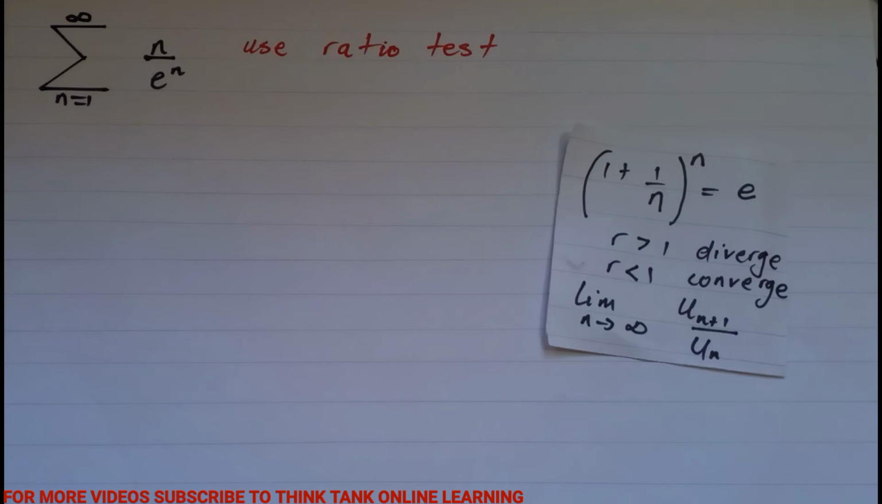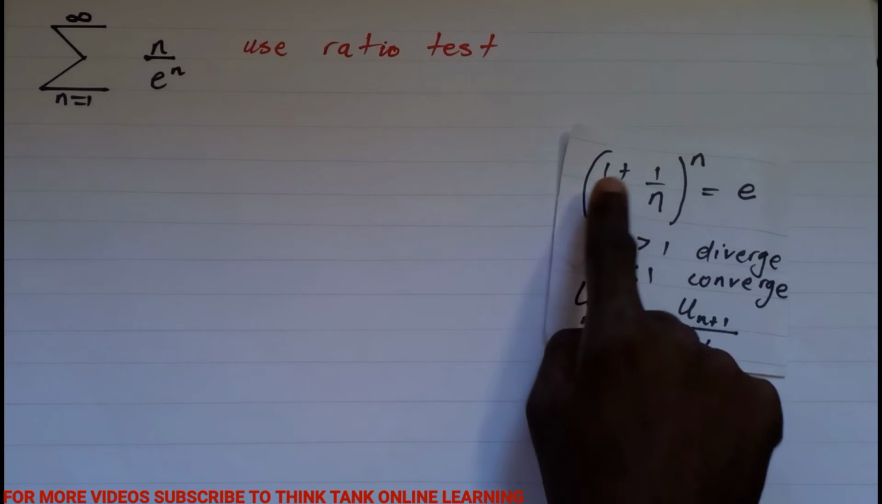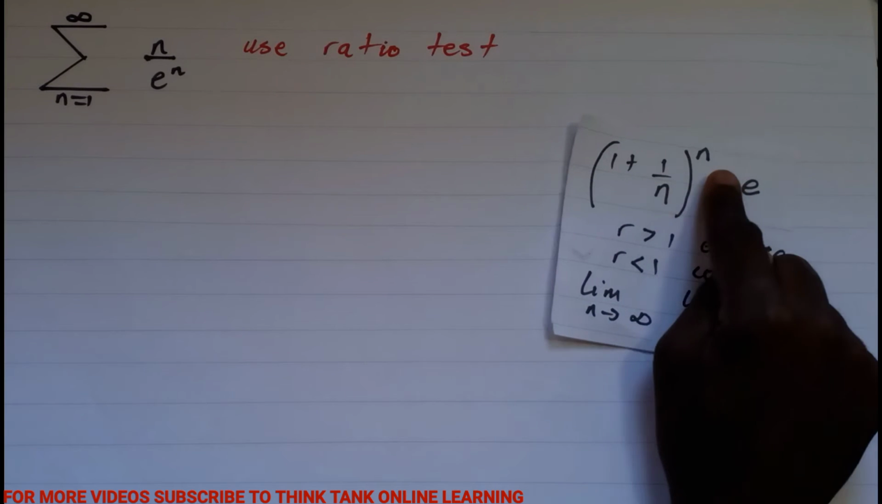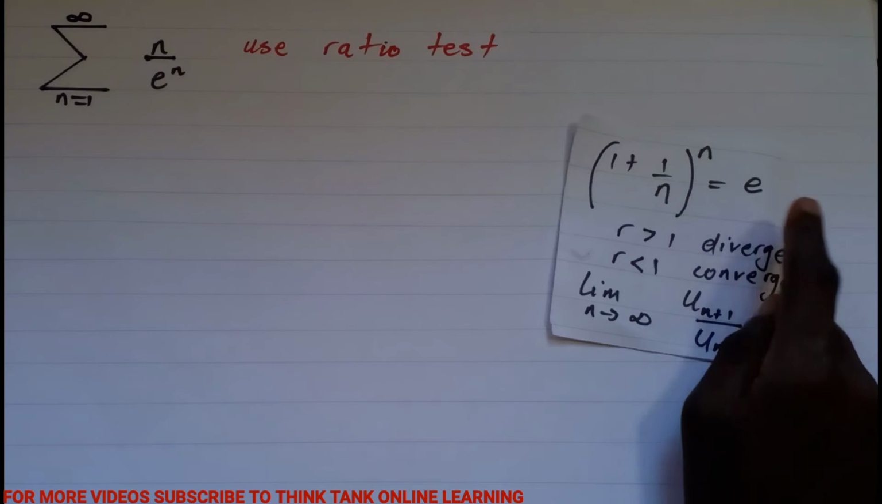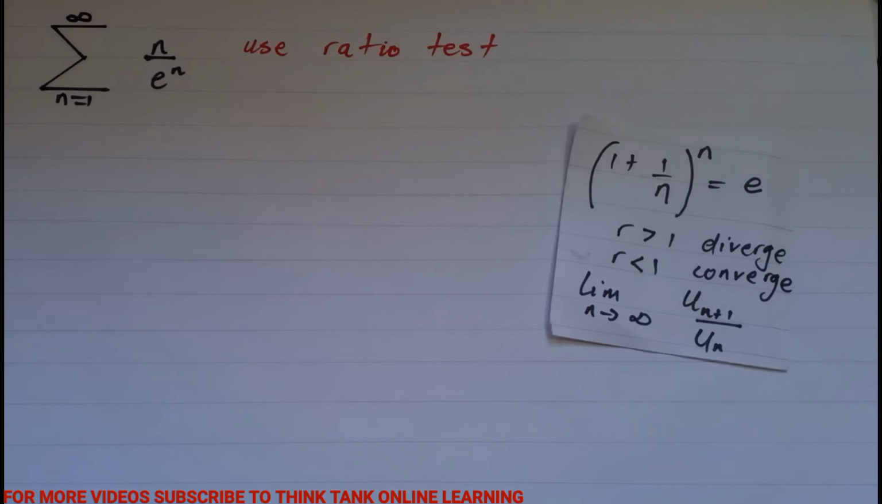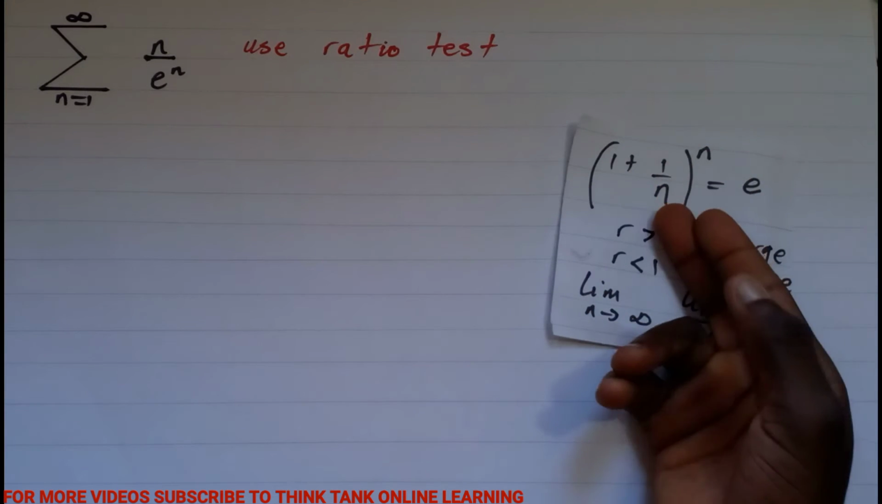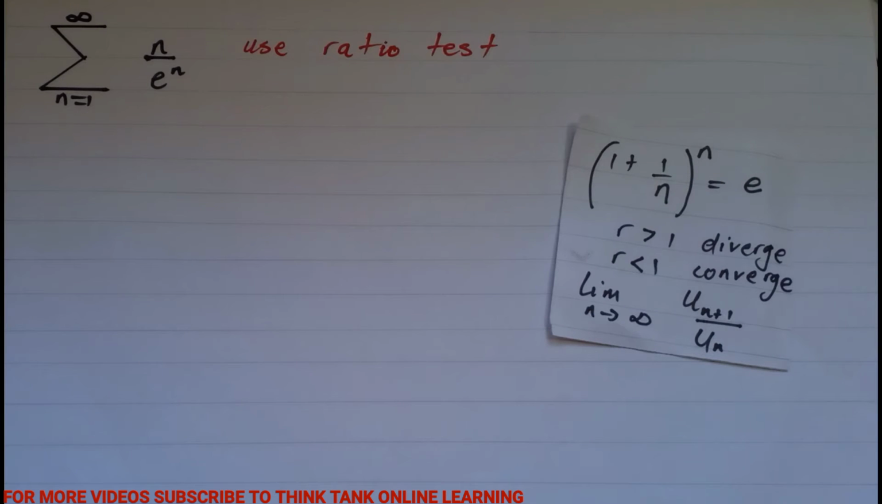Let's say we have encountered a situation where we have (1 plus 1 over n) to the power n. This is equal to e, which is the exponential. You can just try it: (1 plus 1 over 100) to the power 100. You see you're going to get a number that is close to e, which is 2.7. You can try another number. So what we're going to do here is